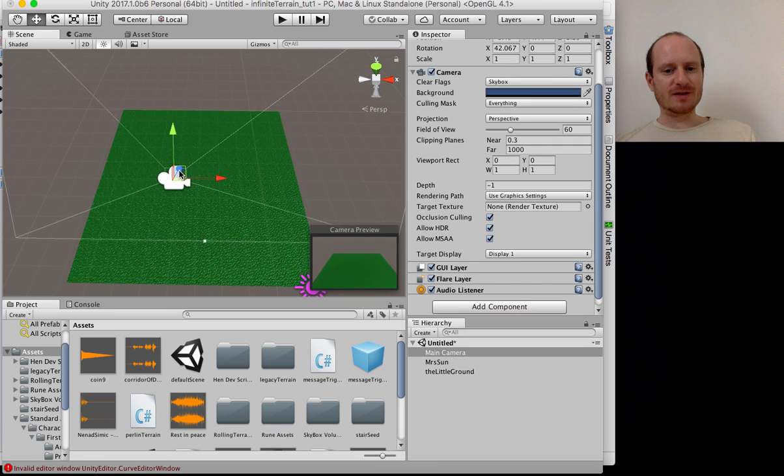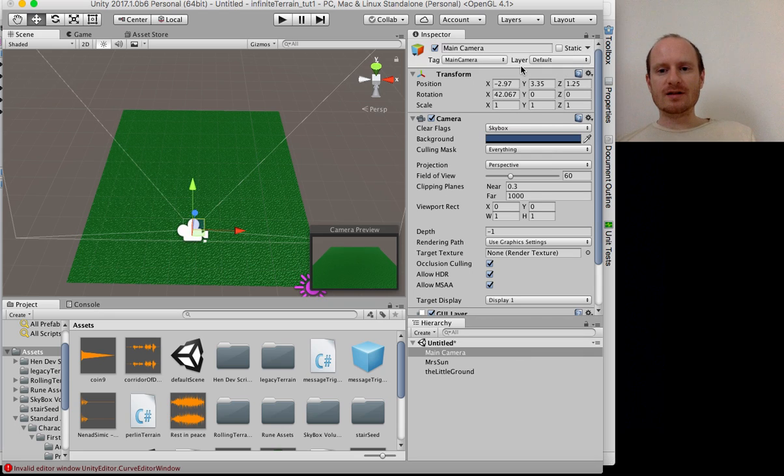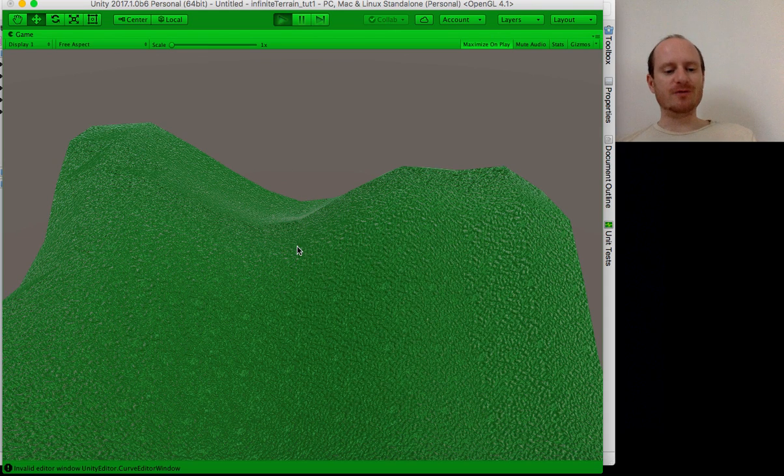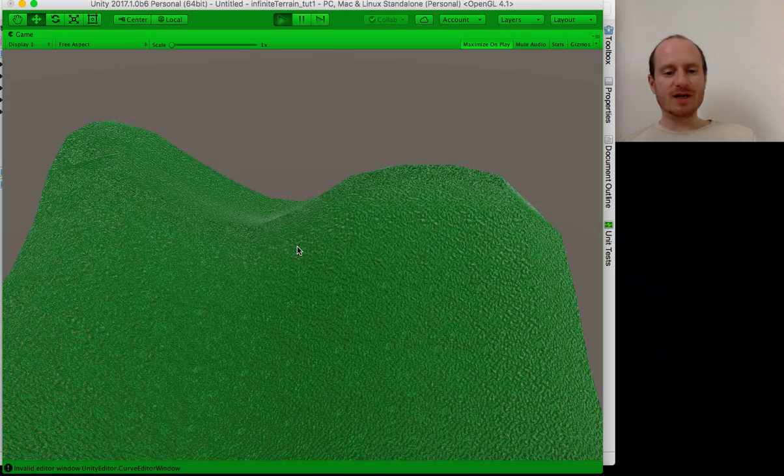Can I go like... I just need to raise it up, don't I, about 7? How's that look? Okay, we've got a good view of things. Right, now I'm pressing spacebar,